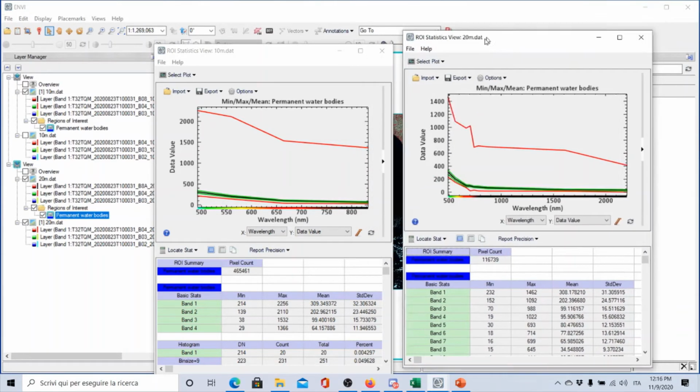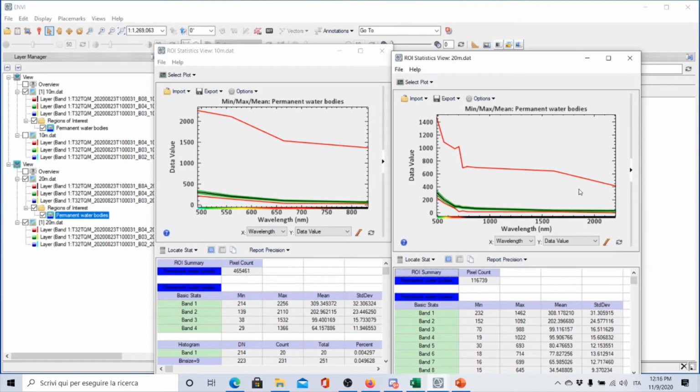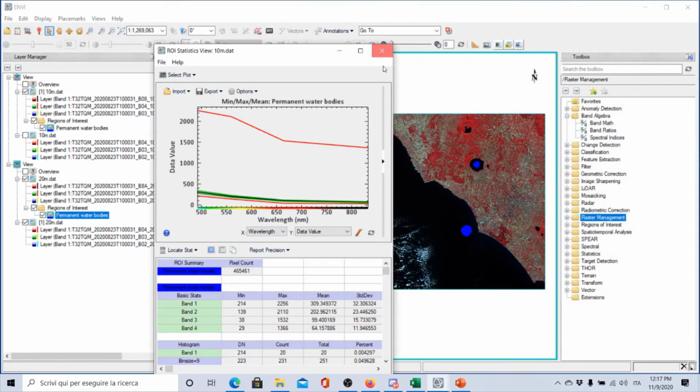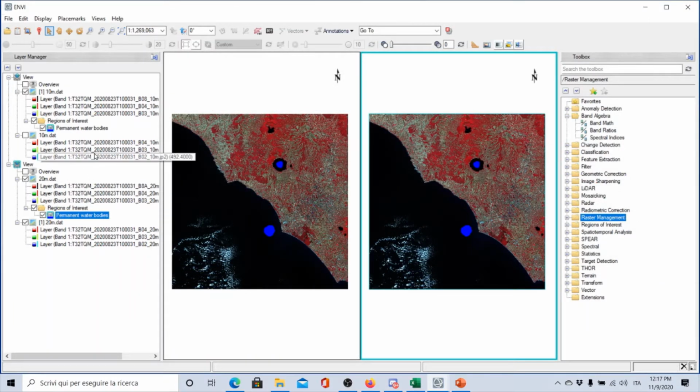It is different because here we have more bands. So you see, this is the first part of the image, what we arrive here till 800. But you see in the other data, we have also the mid-infrared. And so this is the situation in the mid-infrared. So you see, this is the spectral signature of these permanent water bodies. For the 10 meters, 4 bands, and for the 20 meters, 9 different bands. All right, so this is the extraction of the first